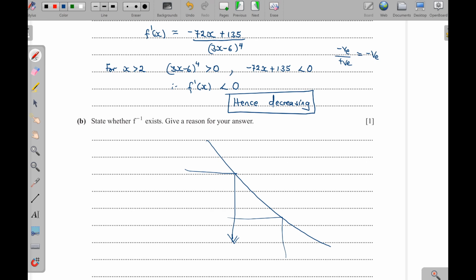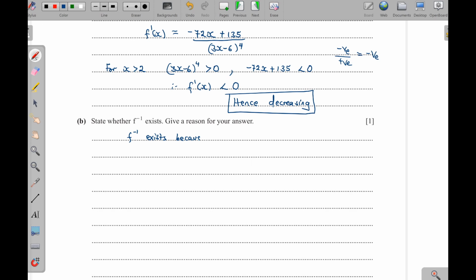But if it was, let's say, having a turning point, it was decreasing, and then at one point it was increasing, then that means two x coordinates could give one y coordinate. You have x2 here, and then you have y1 here. You see that? So since the function is constantly decreasing, then it is one-to-one. So I will say f inverse exists